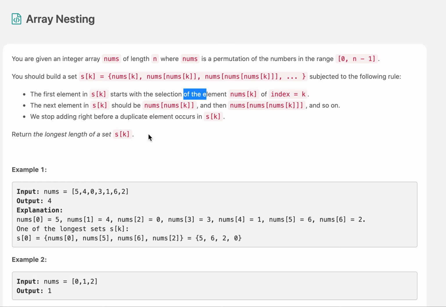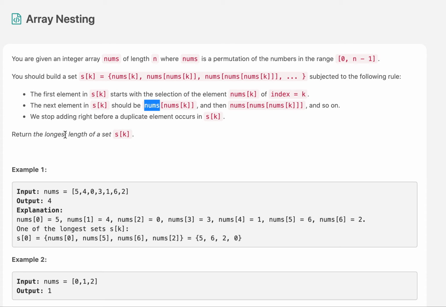The most important property is that if you're standing at nums of k index, the next element would be nums of k. Whatever value is held previously at that index, the next value in the queue would be equal to nums of k. Just remember this property, and I'll be explaining the question with the solution using an example, and everything would be crystal clear there. The question description is a bit absurd, but don't worry, you will understand it. We just remember that we need to return the length of the longest such group that can be formed.